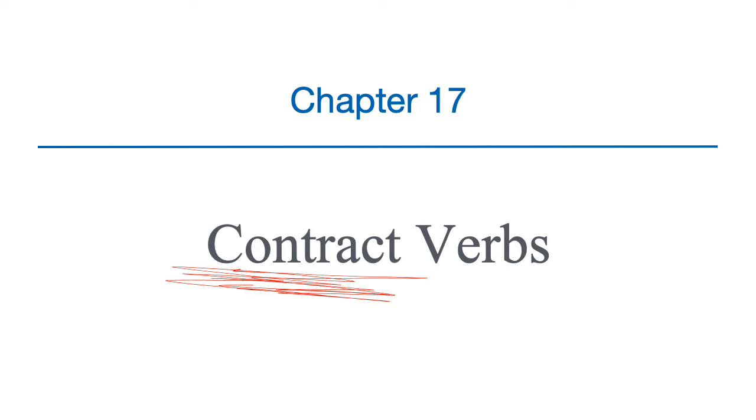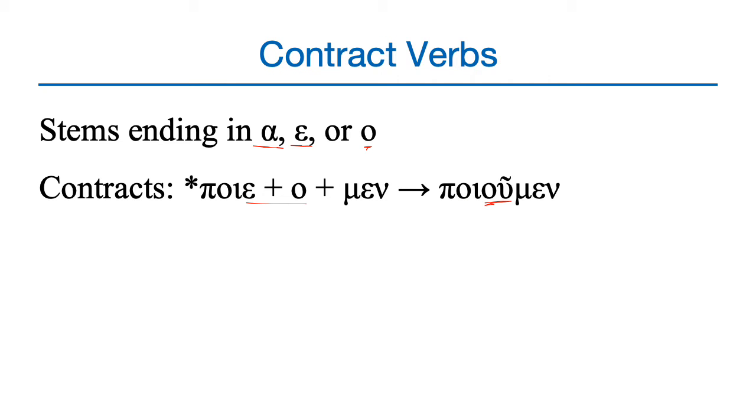This is chapter 17 on contract verbs. Contract verbs. Can you guess what contract means? It means that there's going to be contraction when it comes to personal endings, connecting vowels, and the endings of the verb stems. Contract verbs are verbs with stems ending in alpha, epsilon, or omicron. If the stem ends in an alpha, epsilon, or omicron, that stem is going to contract with the connecting vowel